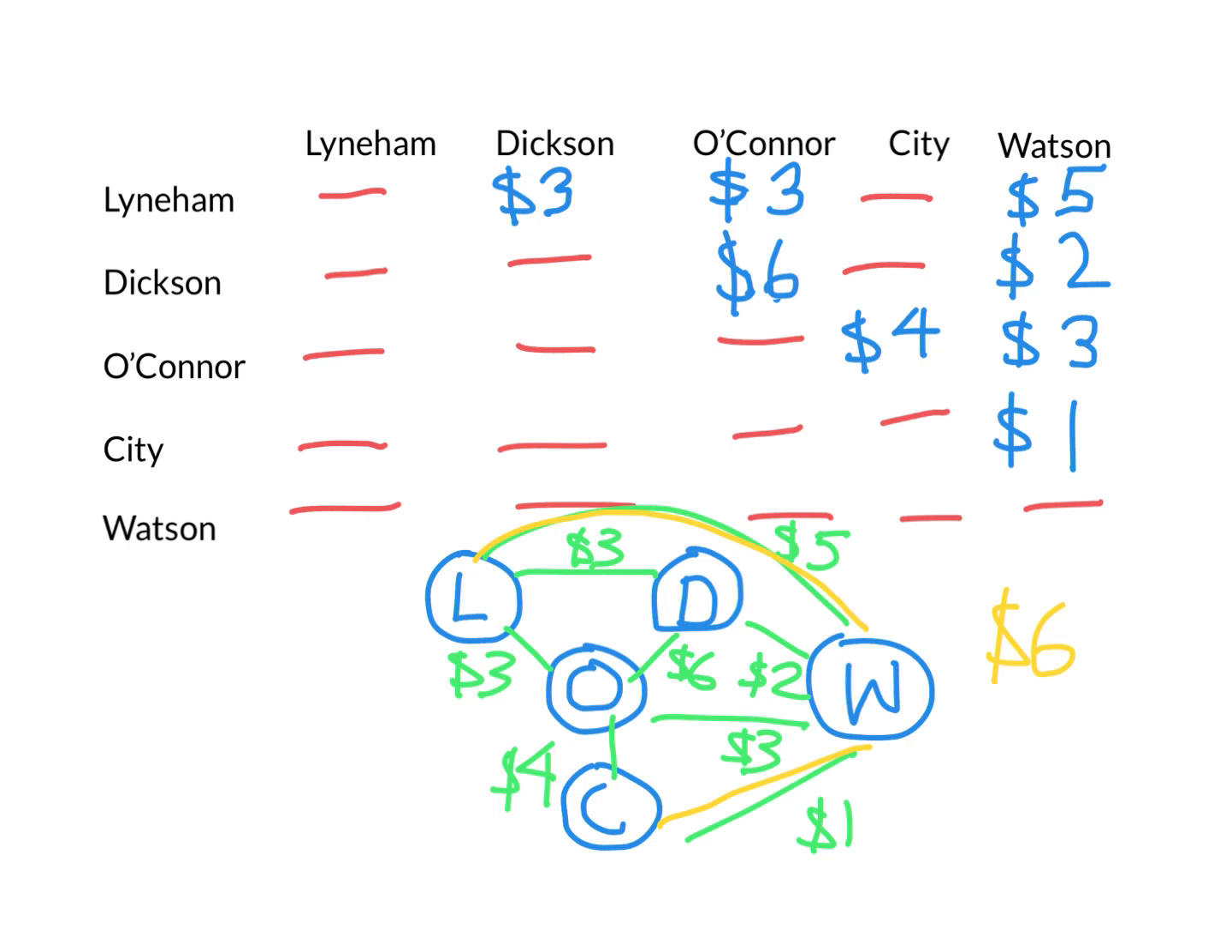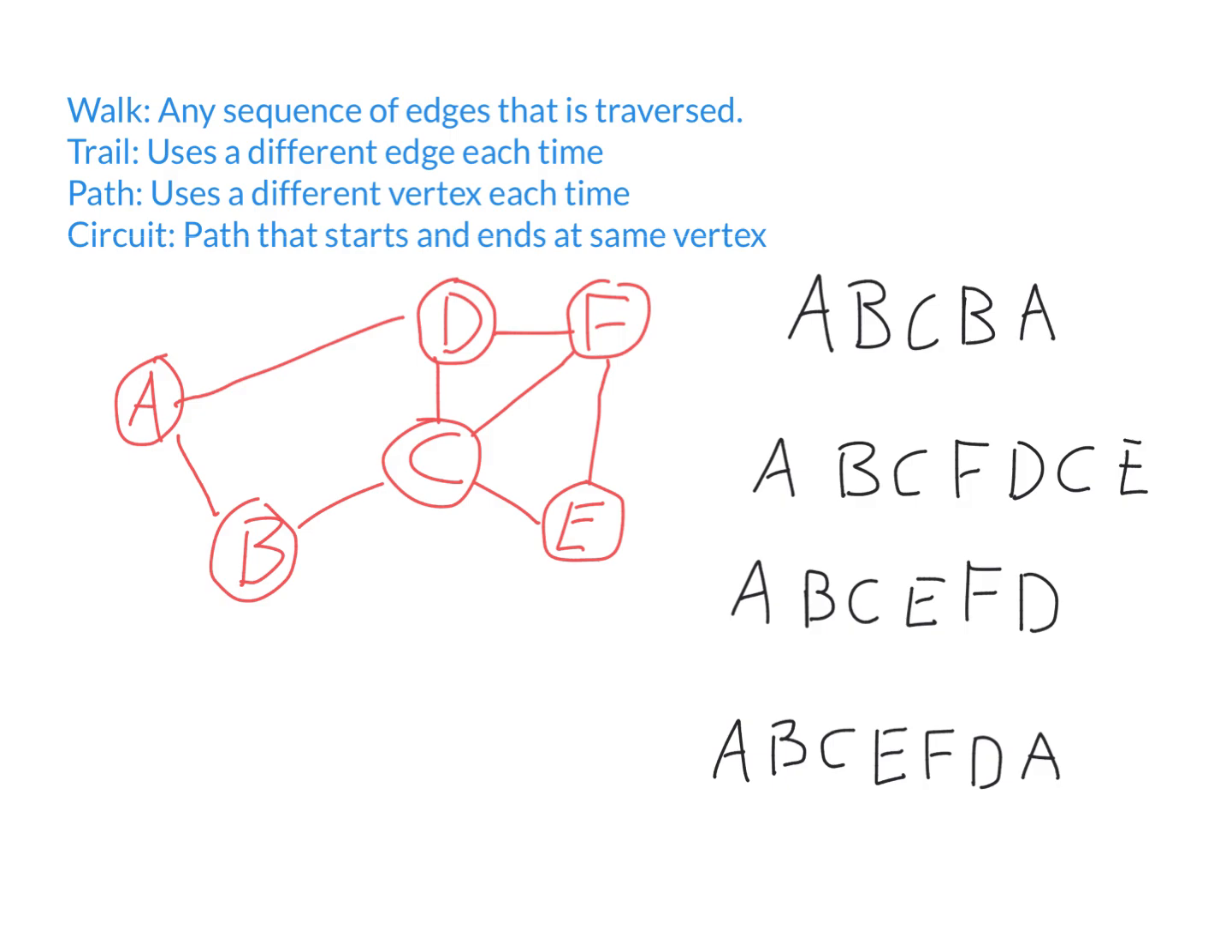All right, time to now look at a few more definitions. We need to be a bit careful with the definitions here because different textbooks define these concepts slightly differently. Pretty much every textbook agrees that a walk is just any sequence of edges that's traversed. It's basically just a journey. It's where you start at one vertex and end at another. So A, B, C, that's a walk. But textbooks don't always agree as to the definition of trail and path. For our purposes, we're going to say a trail is a walk that uses a different edge each time,